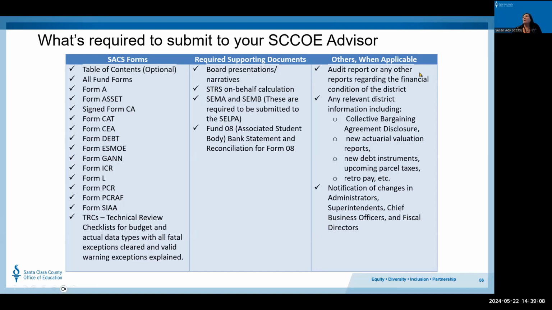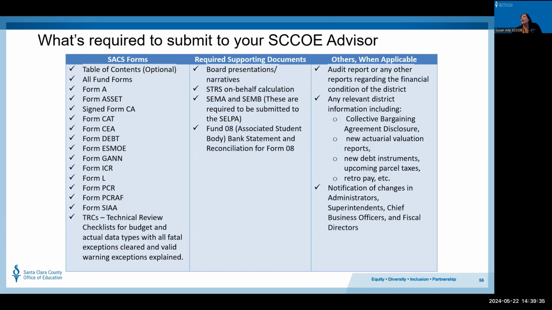And then when applicable, anything else that would be required would be like your annual audit information, any updates to that you've gotten since the last reporting period, any collective bargaining agreements, disclosures, new actuarial reports, new debt instruments, any upcoming parcel tax, any retro pays, anything like that that we haven't seen yet.